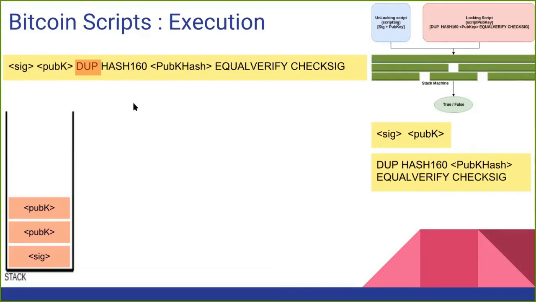Then the next is hash. Hash will take the first element and generate the hash of it, whatever the algorithm be. But yeah, that's what it does. So it took the topmost element, generated the hash, and pushed it back to the stack. And then the next is the pub key hash, which also gets pushed. So